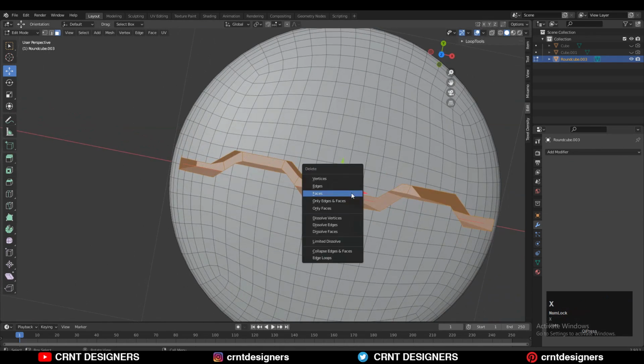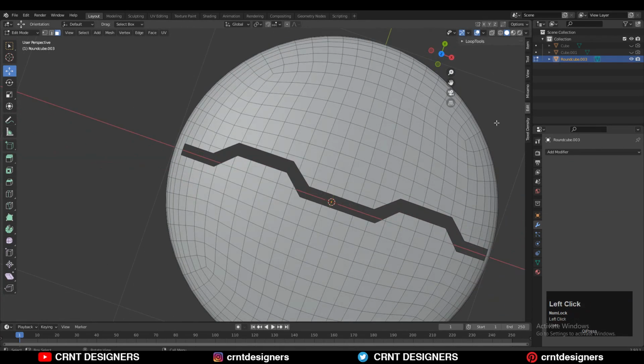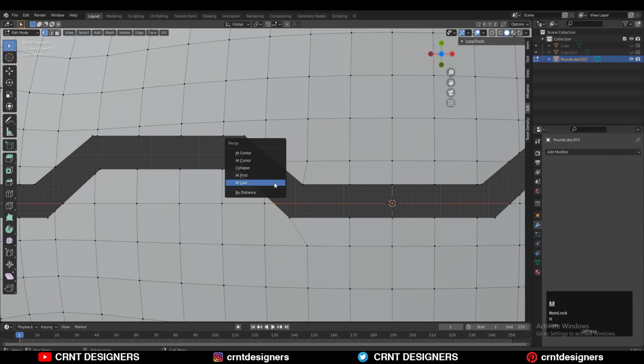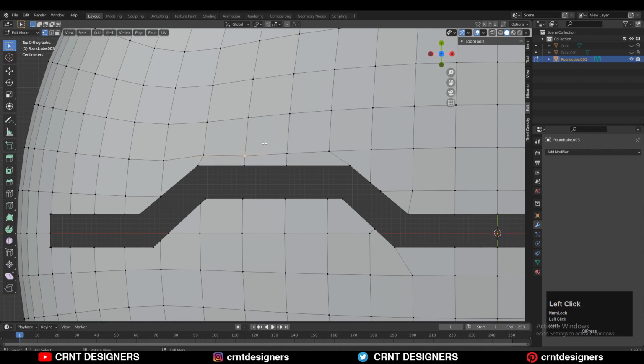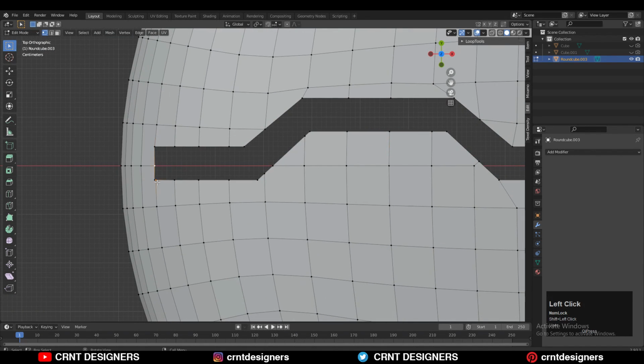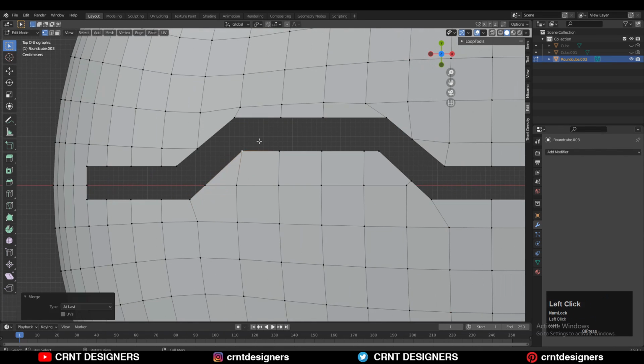So select the faces and then delete them. And then you will get this kind of mesh. And now you need to create the right topology on it. That's a difficult task. You can't say it's difficult, but it is a very important task to maintain its form.